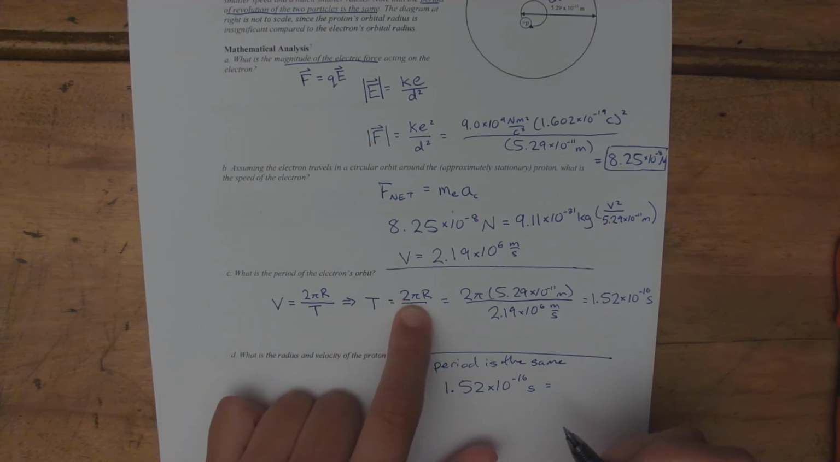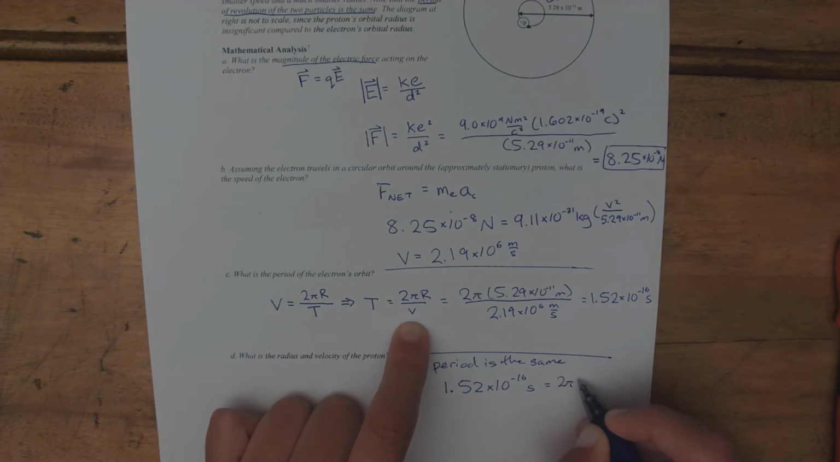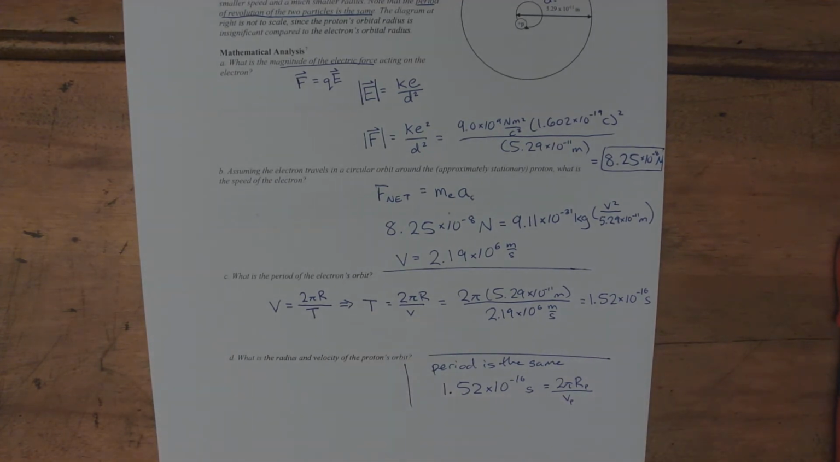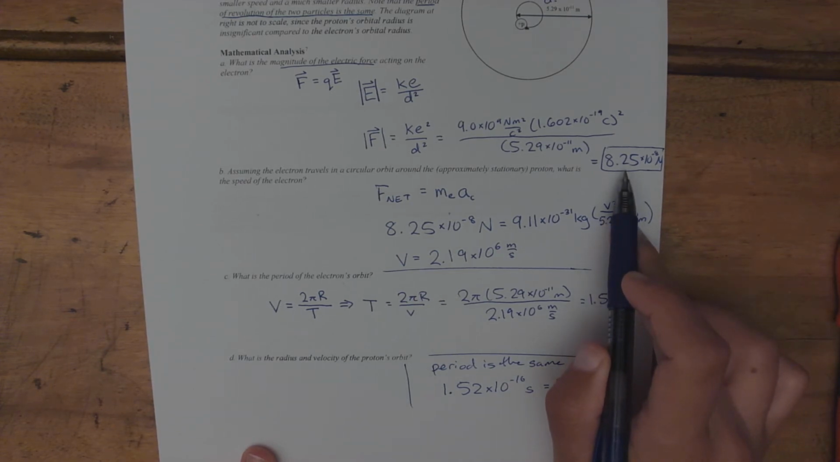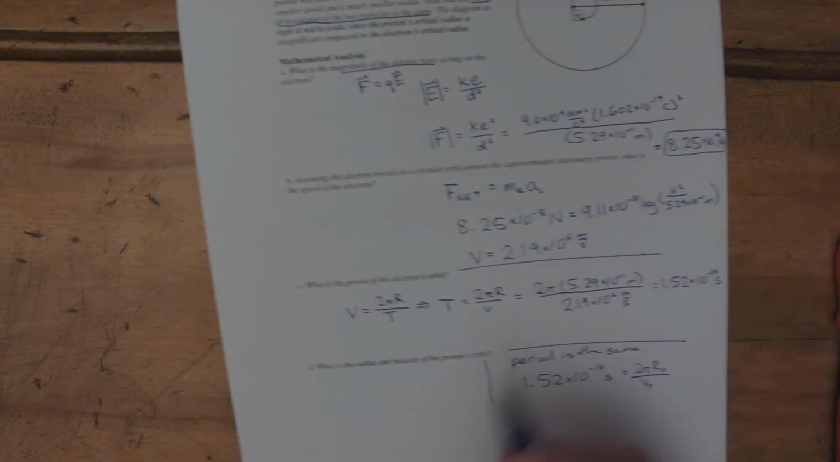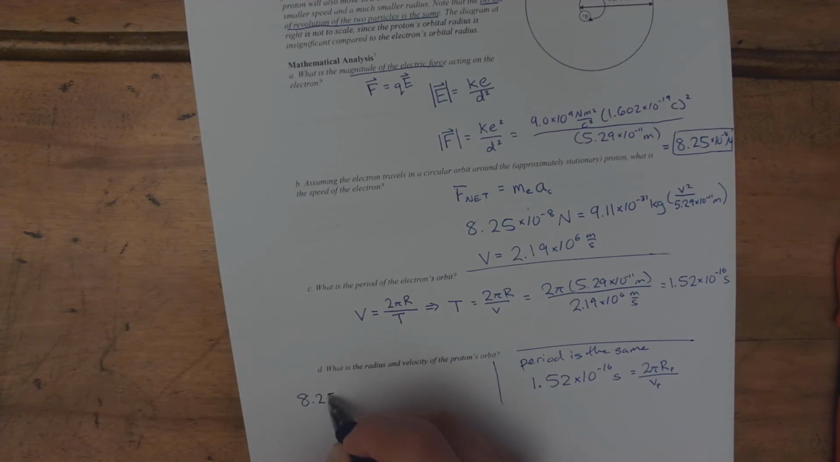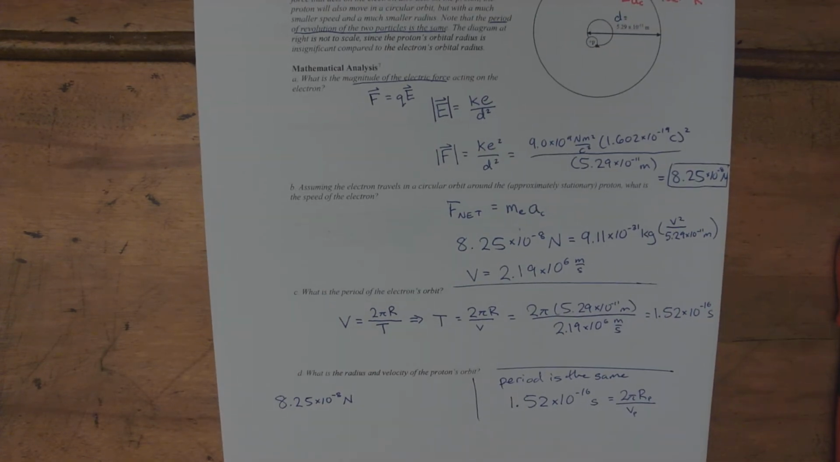The period is 2 pi times the radius divided by v. But this is the radius for the proton, and this is the speed for the proton, which I don't know yet. So I'm going to use this, and I'm also going to use Newton's third law, which says that the force that the proton exerts on the electron has the same magnitude as the force that the electron exerts on the proton. So that force, 8.25 times 10 to the negative 8 newtons, is equal to